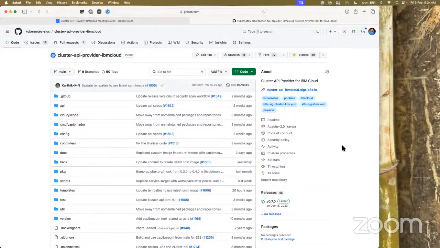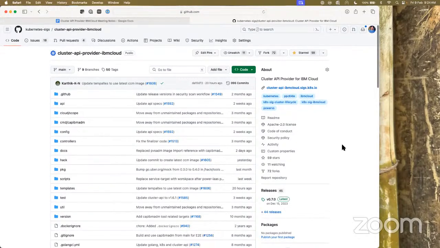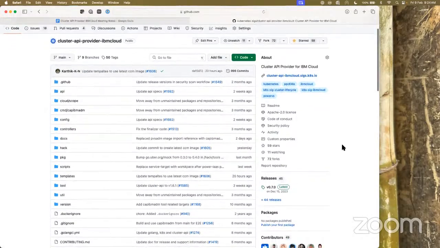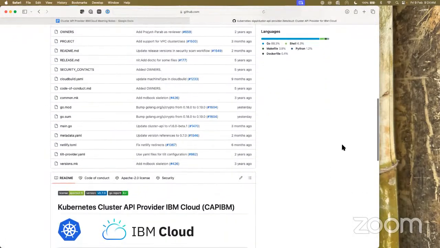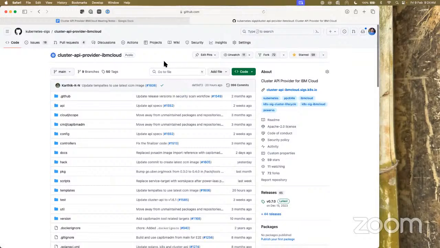Because this is going to be one major release for CAPI, because we are doing a lot of changes in the CAPI itself, I mean the API and other stuff. So I don't want to postpone the release, right? Okay, that's about the release timelines.